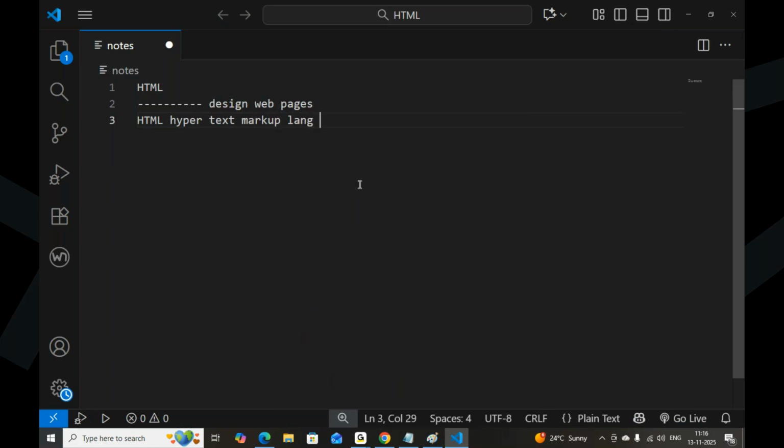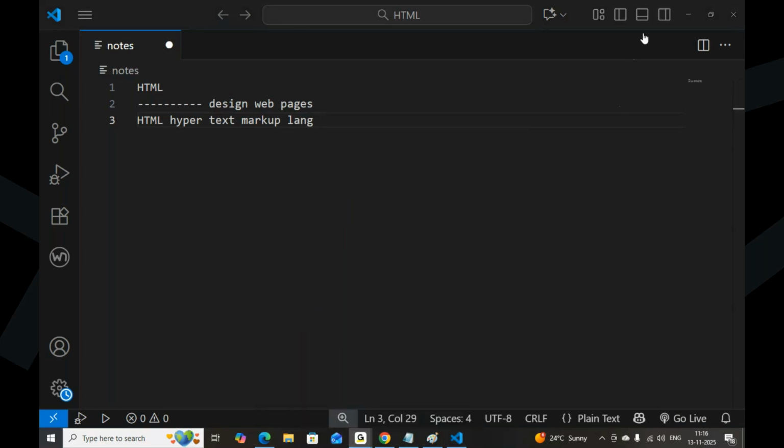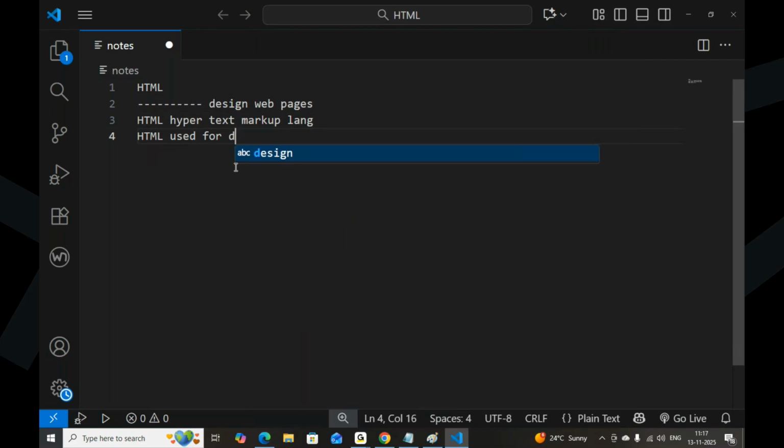HTML is used just to design web pages, no styling.